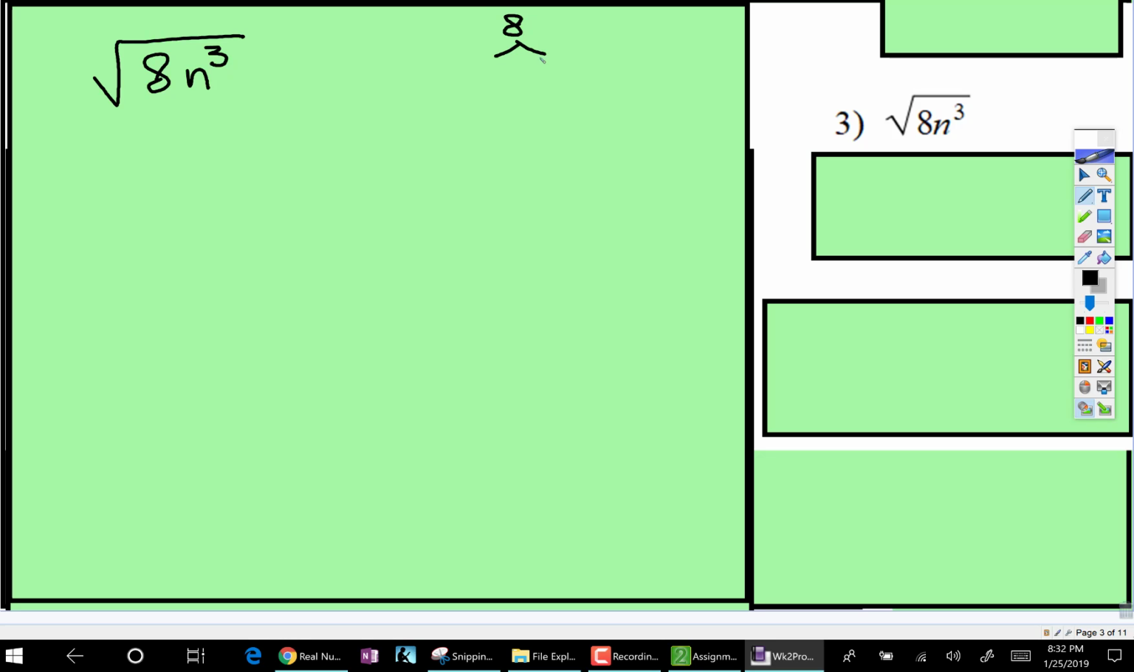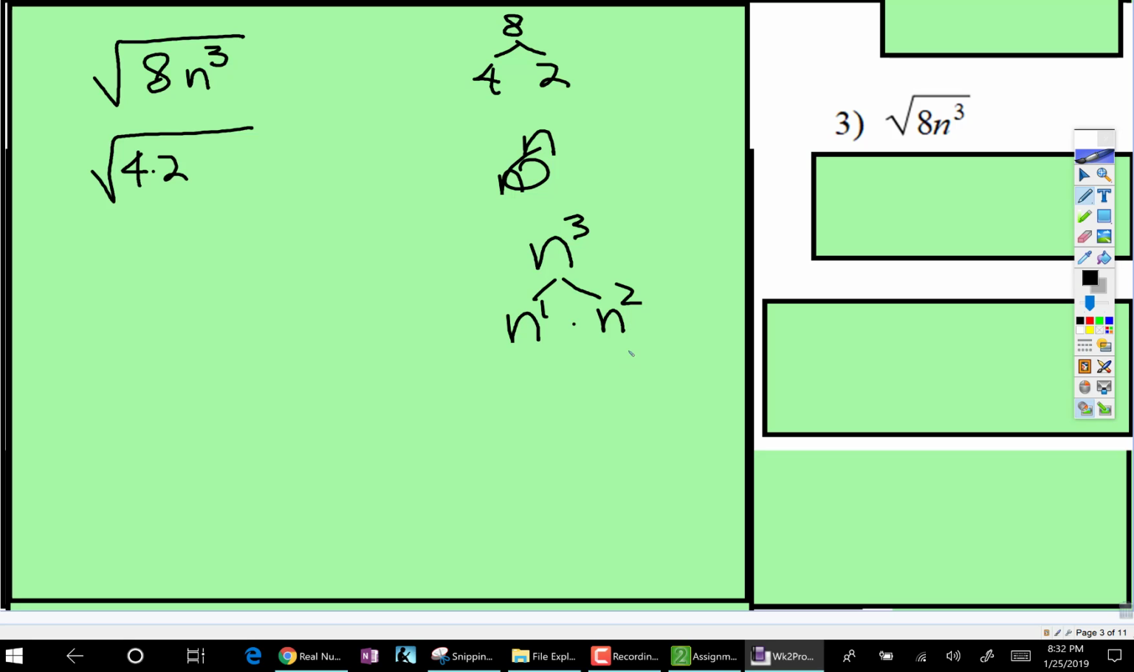Again, if you think about it, factors of 8, well, this one's even easier because it's 8 and 1, but 4 and 2. So I'm going to break 8 down to 4 times 2. And n cubed, if we do a factor tree of n cubed, look what we've got. We have n times n squared, and then n squared is n to the first times n to the first. But we don't even have to go that far, because n times n squared, if we put that in here,